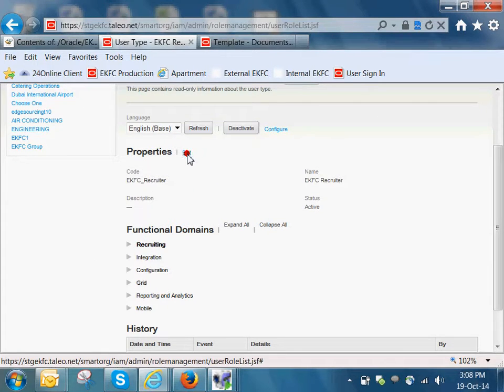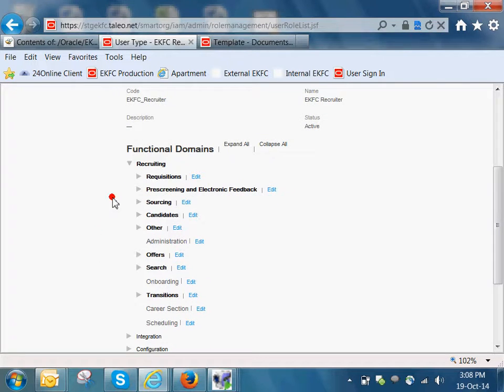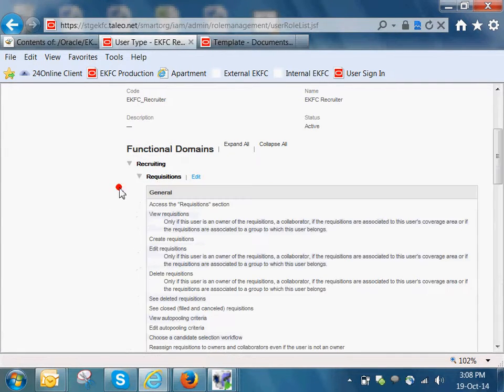To edit, click on the edit button. Go to recruiting. Under recruiting, we have requisitions, and these are all the broad divisions under recruiting. If you want to remove one permission from a recruiter, or give a permission to a recruiter, just click on requisition and click edit.